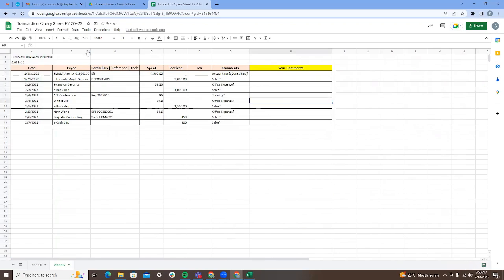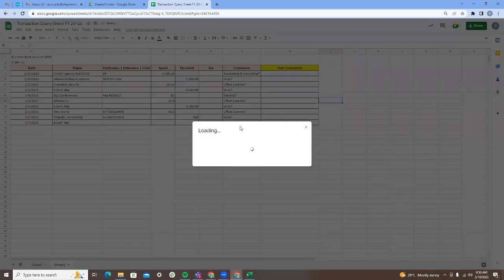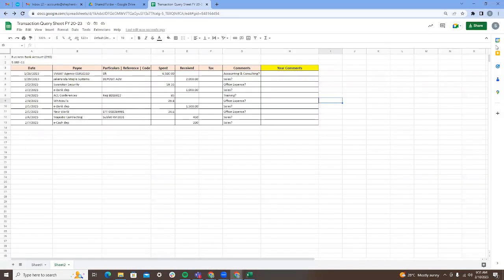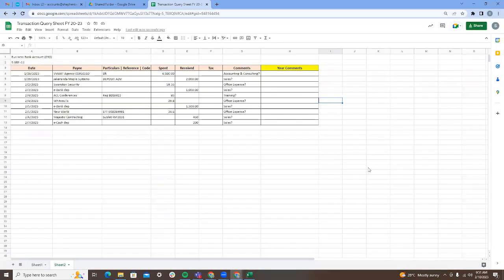Okay, so once okay na siya, pwede mo na itong i-share sa client mo. Okay, so share. And then you can give access to sa client mo, okay? So anyone with the link, or better you put the email address of your client. Okay, so then copy the link, and then i-attach mo siya dun sa email mo.